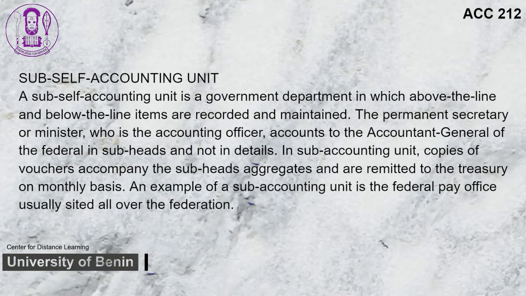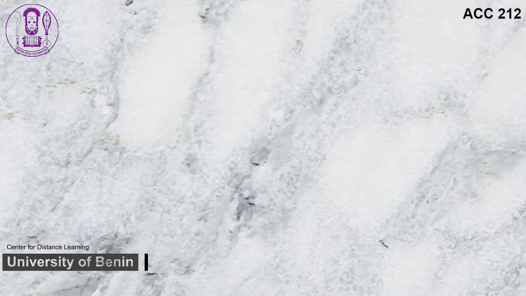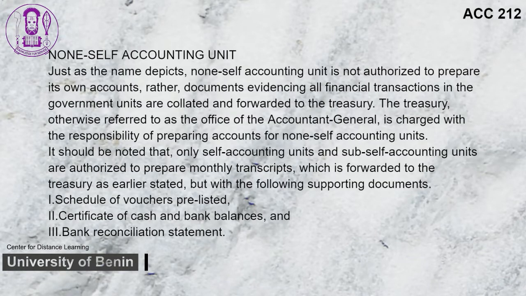An example of a sub-accounting unit is the Federal Pay Office, usually cited all over the Federation. Non-self-accounting unit. Just as the name depicts, the non-self-accounting unit is not authorized to prepare its own accounts. Rather, documents evidencing all financial transactions in the government units are collated and forwarded to the Treasury. The Treasury, otherwise referred to as the Office of the Accountant General, is charged with the responsibility of preparing accounts